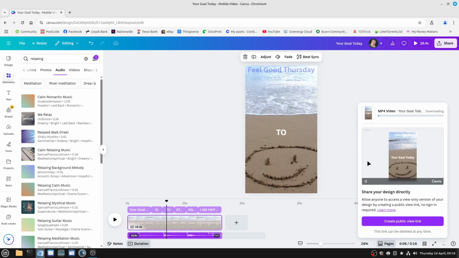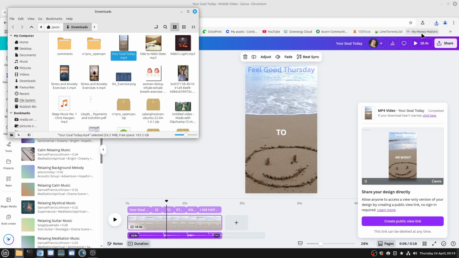and we can see now it's running through the video, and up the top here the progress bar is downloading. And I don't know why this is, but it never quite gets to the end before it actually tells you it's downloaded. So I'm going to speed up time. And there we go. We can see it's now been downloaded and it's up in my downloads folder. I think by default it goes straight into your downloads folder. And if I open the folder, we can see here yourgoaltoday.mp4. And if I double click it and run it,